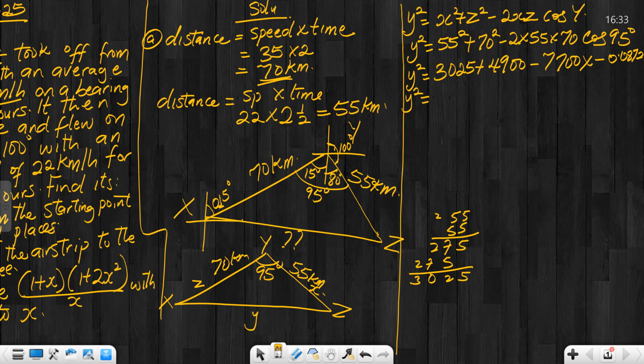Y squared equals 3025 plus 4900. That gives us 7925, minus 7700 times 0.0872. So that gives us plus 671.44. Then my y squared now equals